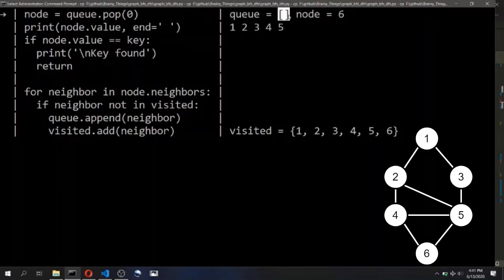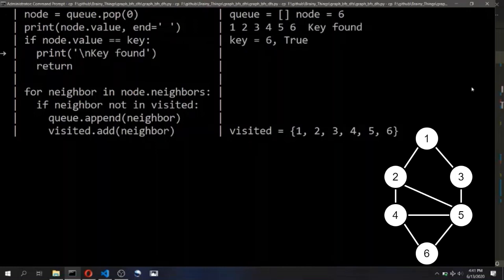Now the queue has only one element left, the 0th element, which gets popped out as 6. 6 gets printed over here. Now the 6 value gets matched with the key equal to 6, hence this condition becomes true. It enters the if condition and a key found message gets printed.